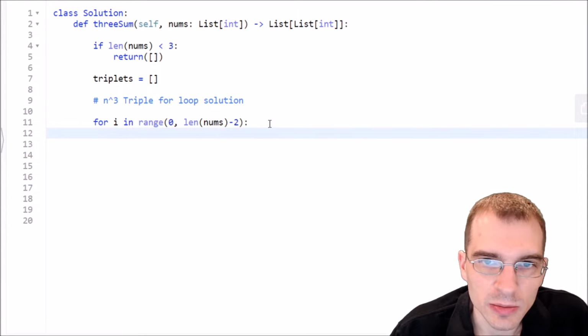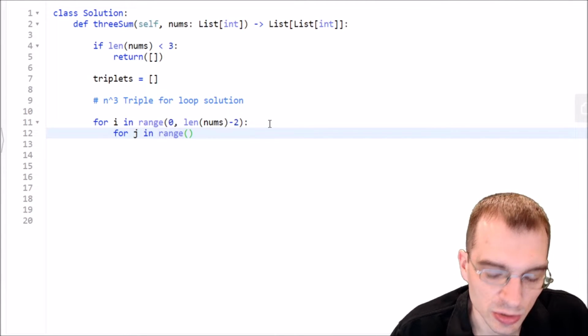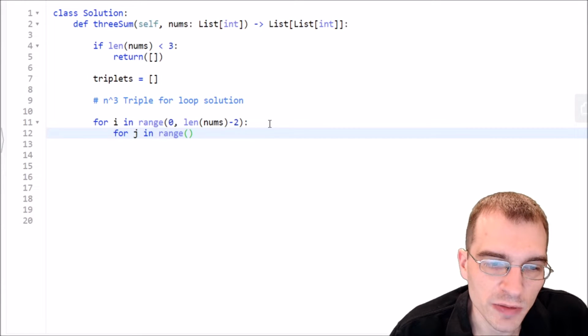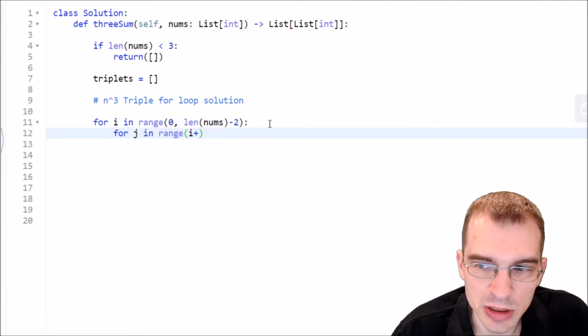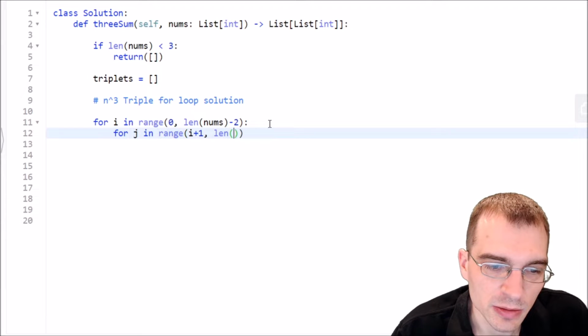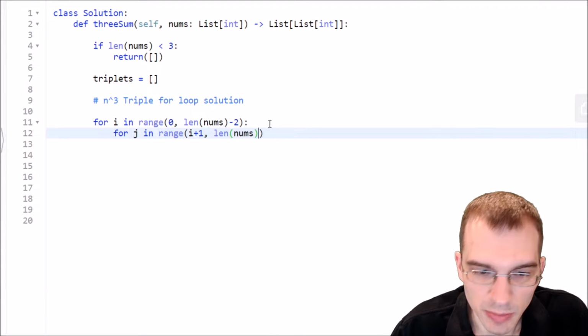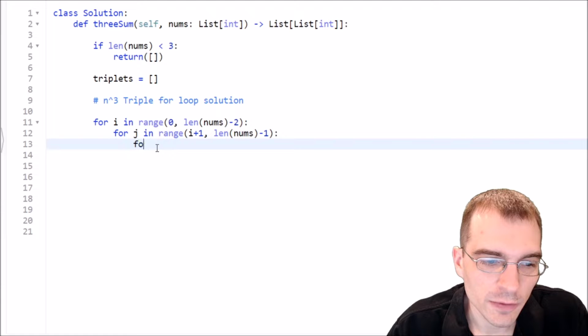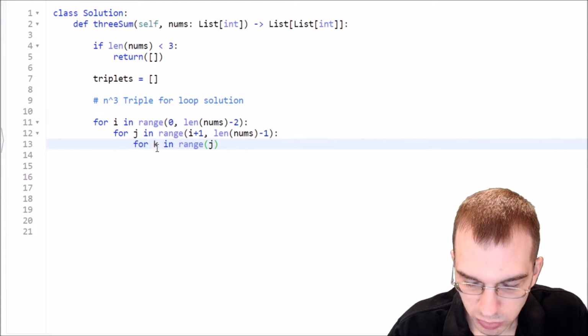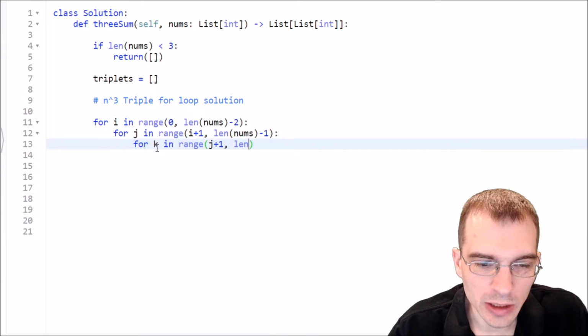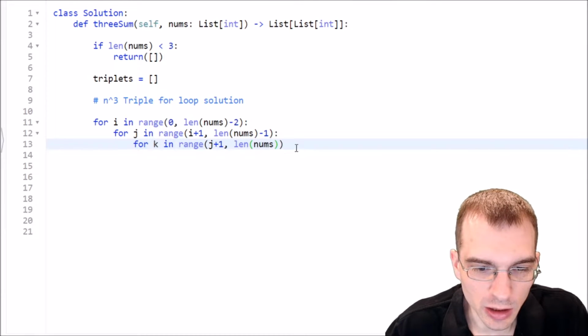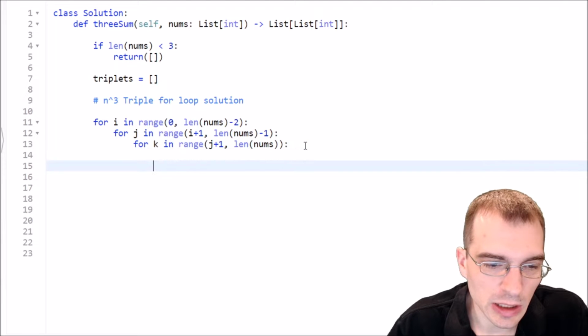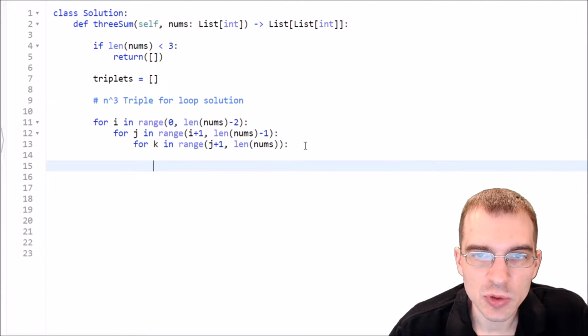and then within this loop for j in range, well, we start from the previous index point, so i plus 1 to len(nums), this time minus 1. And then we'll say for k in range j plus 1, all the way to the end this time, len(nums). Now within the inner triple for loop, we just have to check whether the numbers at this position add